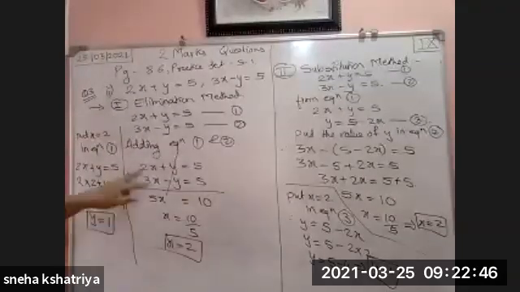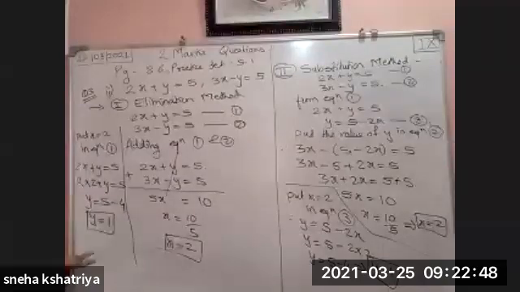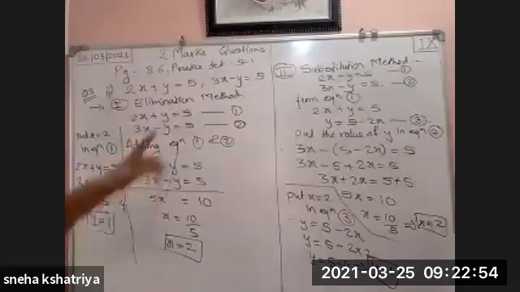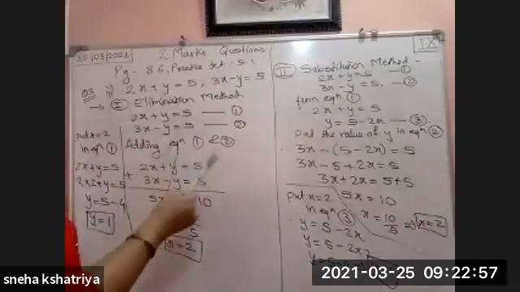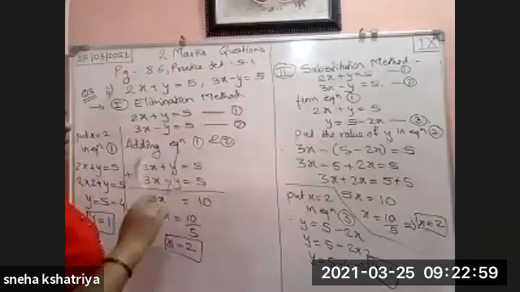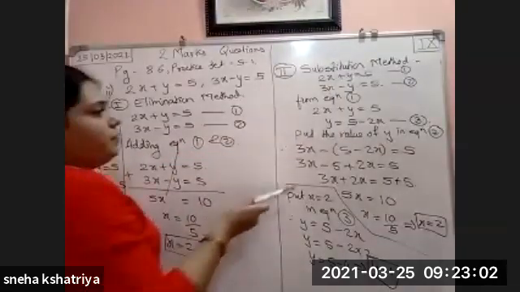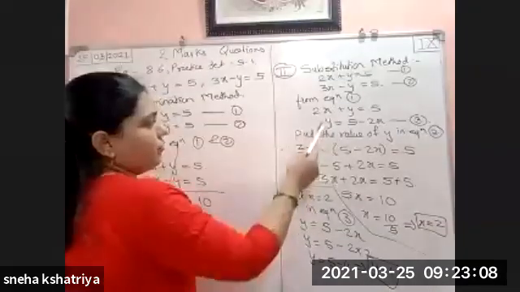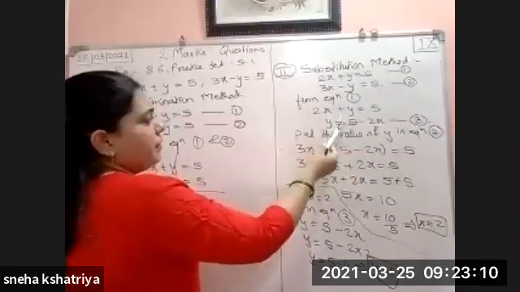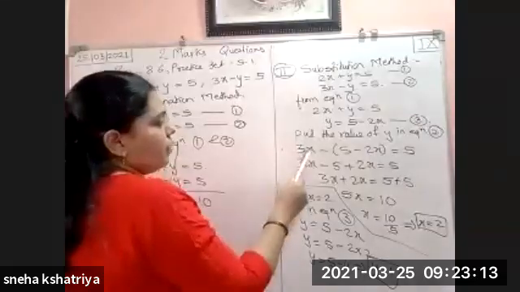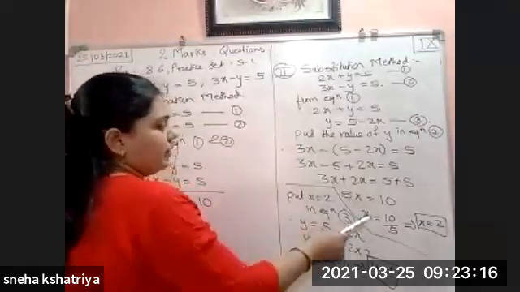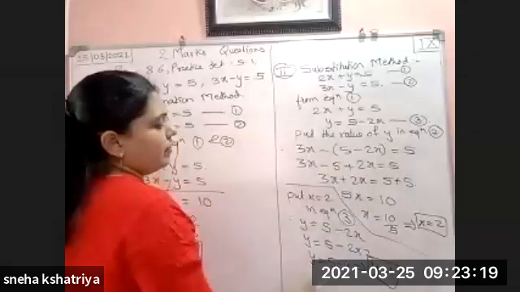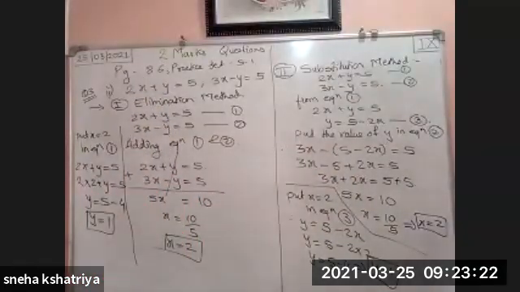What is the elimination method? Make the variables same and cancel them. You will get the value of one variable. Put it in any one equation, you will get the second. What is the substitution method? From any equation, find the value of any variable, x or y, whichever is convenient. And from whichever equation you are taking, put that value in the next equation. From one we have found, then put the value in the second equation. From that we find one variable. That variable we put in equation 3. We get the second variable. Okay. So whichever is convenient for you, that method you can use.